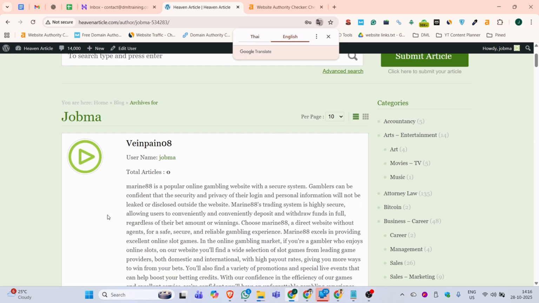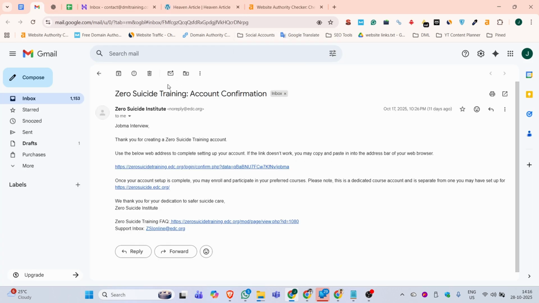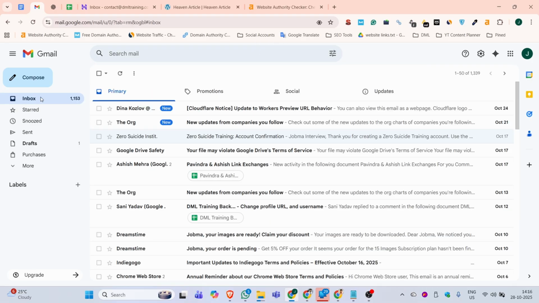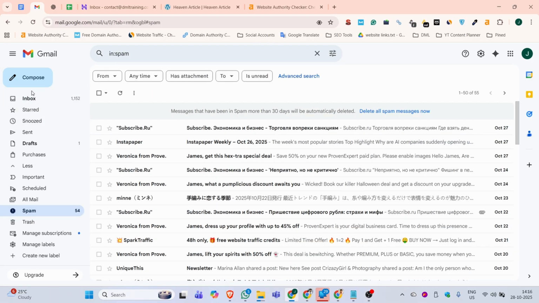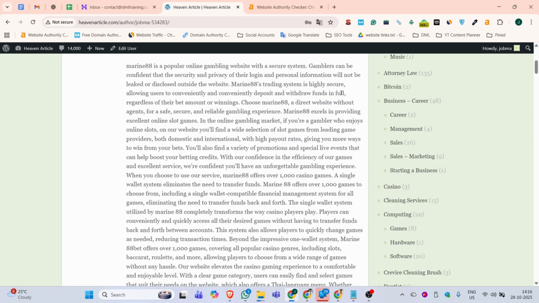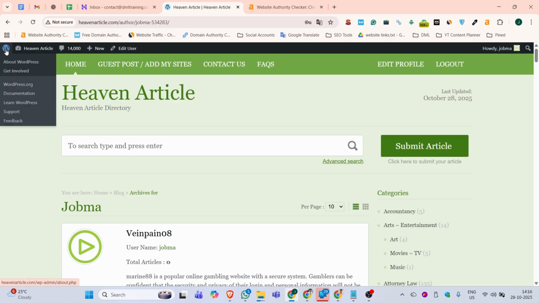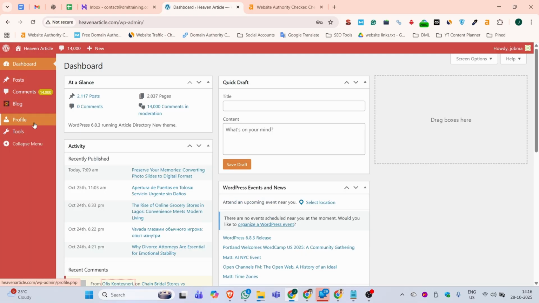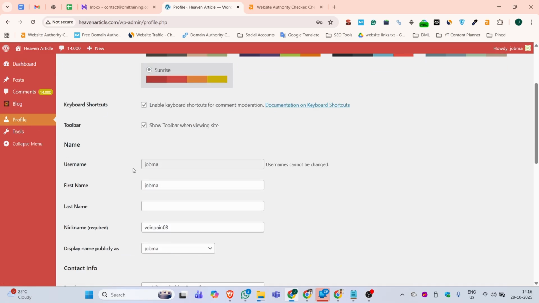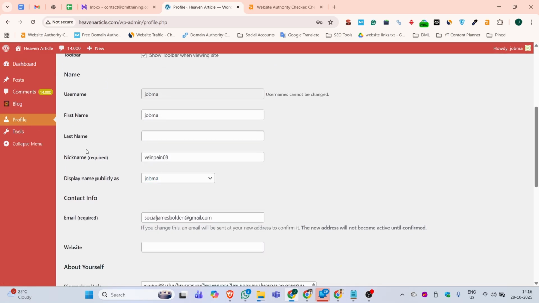Now what we can do is make some changes. Maybe we received an activation email. Okay, I haven't received it yet. So you can see there is your profile icon. You can click on this, or you can click on the dashboard, and you see this is your profile section. You can navigate to the profile. You can see this is your profile name, and a nickname if you want. So you can change your nickname, Jobma interview. You can change your display name from there,